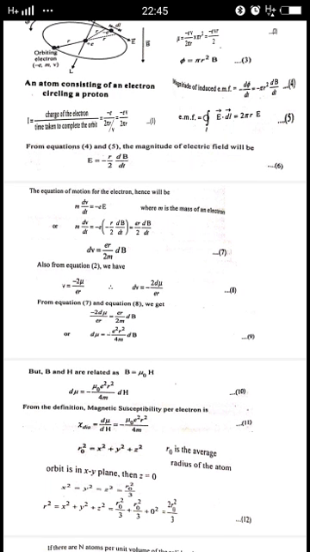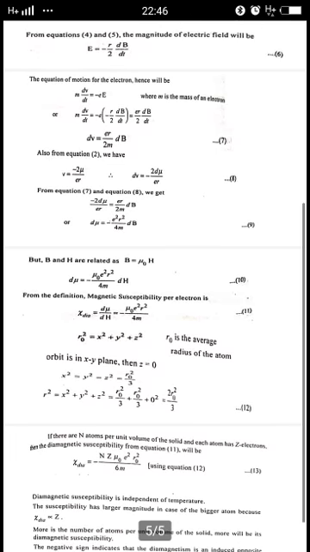So from equations 7 and 8, on comparing these two equations, we find the change in magnetic moment d mu is equal to minus E square R square by 4m into the change in magnetic field, that is dB. As we know, magnetic field induction B and magnetic field intensity H in free space are related by the relation B is equal to mu naught H. So substituting B is equal to mu naught H in equation 9, we write d mu is equal to minus mu naught E square R square by 4m into the change in the applied field, that is dH.